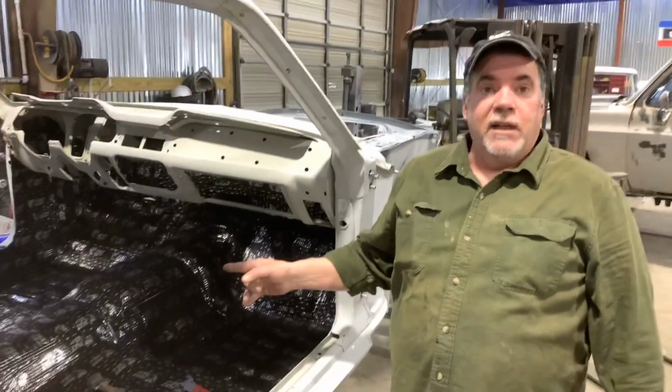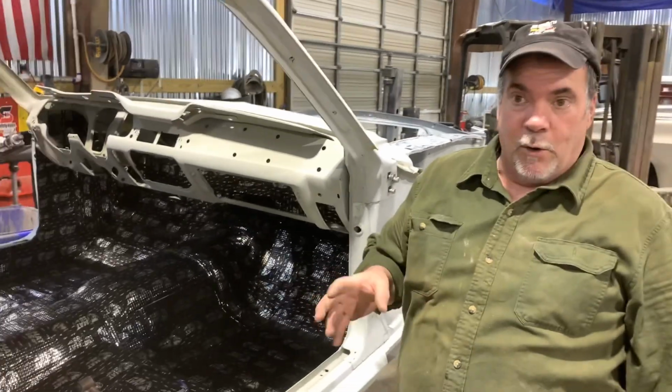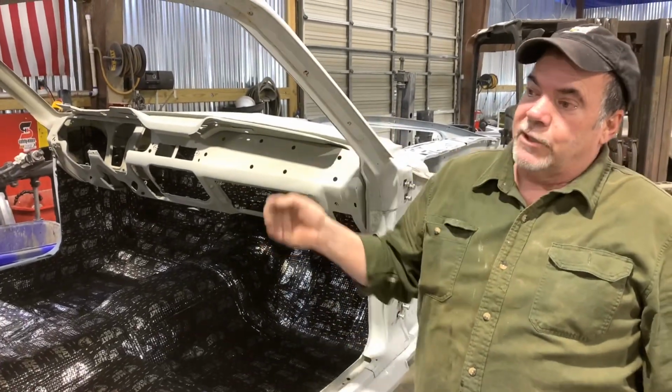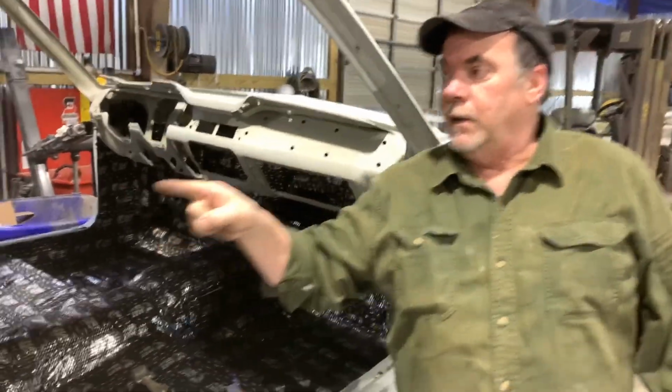Well, there's all the sound deadener we put in the car. We ran out, so I got to order some more, because we're also going to do the inside of the roof of the car, the trunk, and if you look in here,